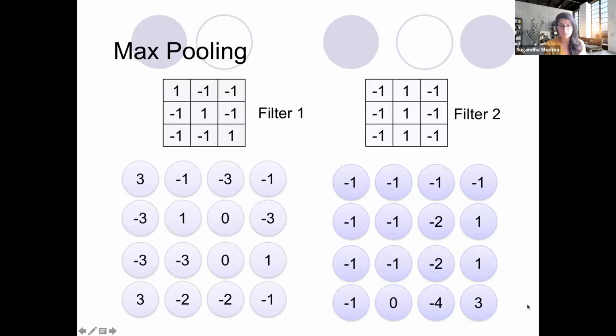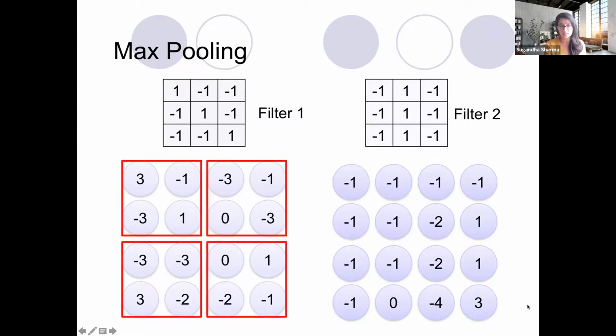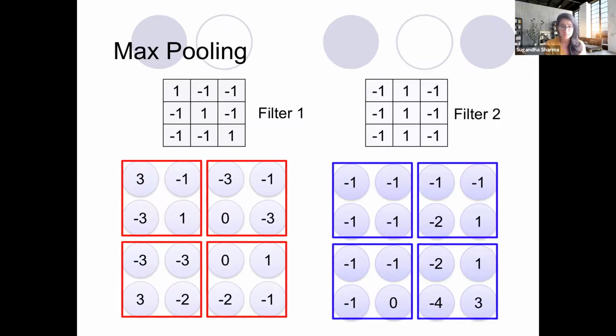So the way we do that is by defining the size of the output units on which we want to do the pooling operation. In this case, we've chosen the size to be 2x2, right? So we want to do the pooling operation for each 2x2 part of the output image. And by max pooling, what we mean is that for each of these regions, which we've defined in the output image, we just select the maximum,